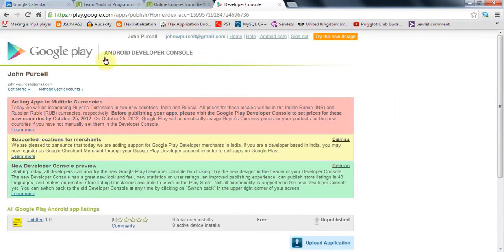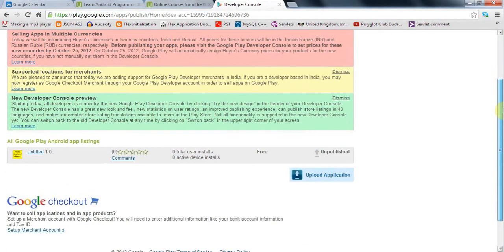And if you go to this page for the first time, it will ask you if you want to create an account, and you'll need to pay $25 to create an account. But once you've created a developer account, you can upload as many applications as you want, and you don't have to pay $25 again. So I've already created my developer account and I paid my $25,